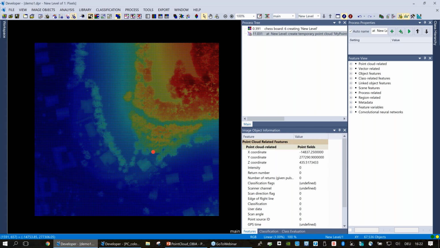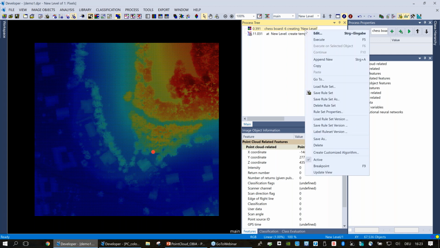Another example that we can show here is, what if I want to calculate a new feature within eCognition, and I would like to write this feature into one of the point cloud fields. An excellent example is, because here I have a DSM and a DTM, I can then create an NDSM, and I can then add these normalized elevation values to the point cloud. And that's what we'll do here. So I'm just going to add this algorithm in above our current create temporary point cloud algorithm. Say append new,